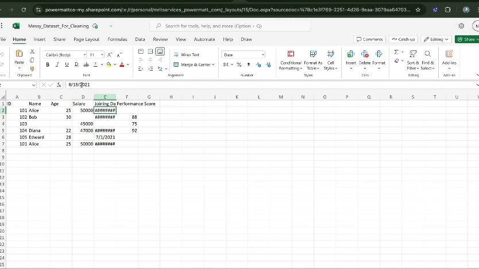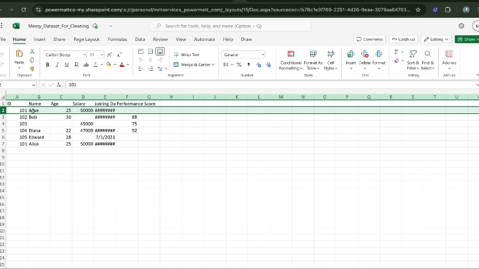This is supposed to be a date, but you can see that it's not showing accurately. Look at the formula bar, you are seeing the date, but when you look at here, you see hash. That is to say that field is not a date field. Alright. You can also see that we have several duplicate values. You see 101, Alice, age 25, 50,000, then you still see the same